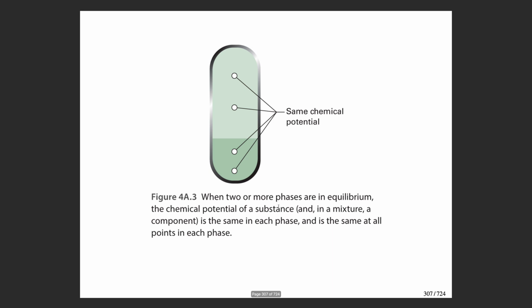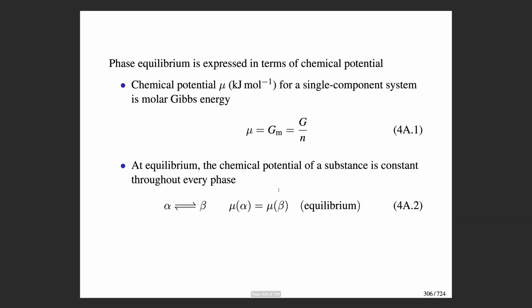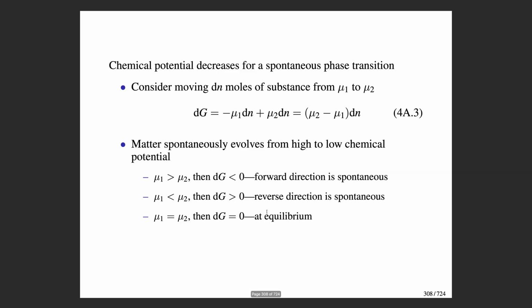And so here's a diagram. Let's suppose this is a solid and this is a liquid, or it could be flipped around. This could be the solid and this could be the liquid. It just depends on the substance. All throughout this equilibrium system, the chemical potential of that substance is the same. And so that's the definition that we're going to be using for equilibrium. And it comes from thermodynamics, and so that's illustrated here in this slide, where we discuss the